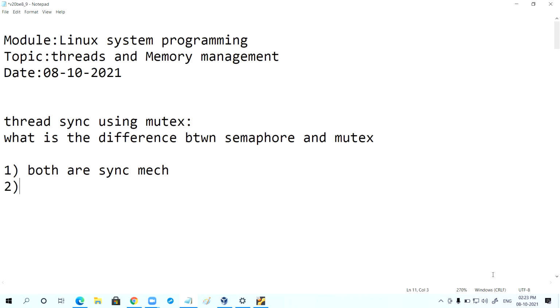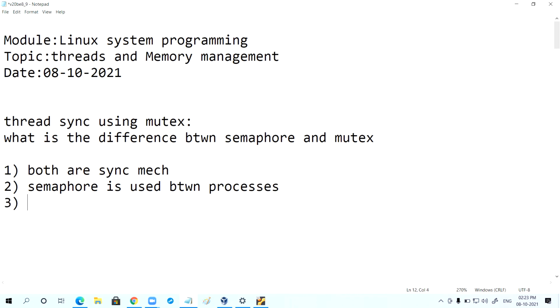Second point, semaphore is used between two processes.